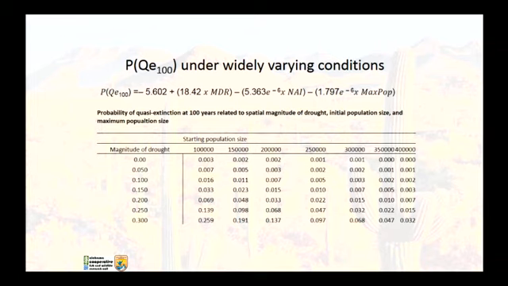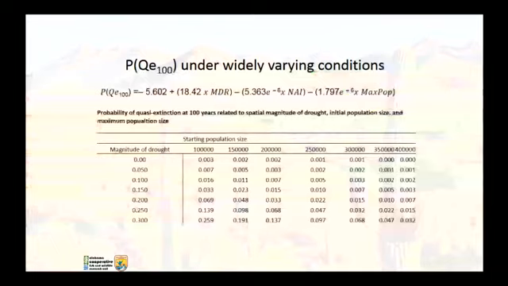So now we provided them with these tables that said if your magnitude of drought is the same as it is now in the future, and your starting population size is 100,000 animals, your probability of extinction is this. And that extends out to a variety of abundances of starting population size. This would be a 30% increase under the rates of drought that we'd seen in the past. If it got 30% worse into the future, our extinction probabilities would be these. So you could say if any time in the future I have a 200,000 population and my droughts are increasing, my extinction risk is going to be about 6.8%. We thought this was a neat tool that we could pass on to the decision makers.